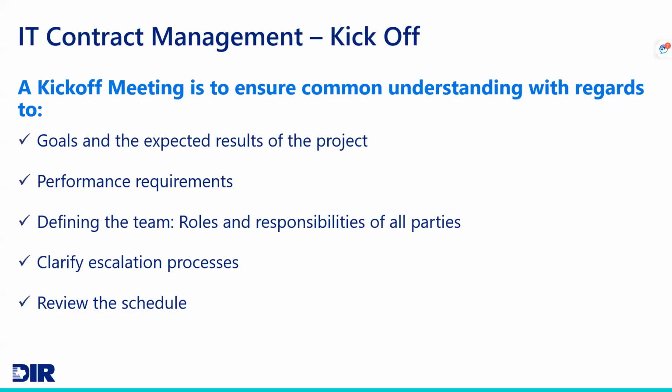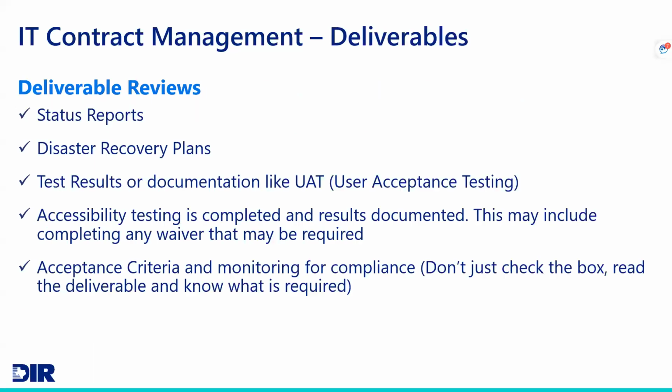If you start seeing vendor issues early, it's better to address those early before they mushroom into something that becomes a little more, tougher to manage. And then, of course, reviewing the schedule is important at that kickoff meeting as well, making sure everybody knows where we need to be. It's also important to review deliverables. What about status reports? Are those spelled out when they should be submitted, and are they being submitted? I'd mentioned earlier, have a disaster recovery plan in place. You don't want to lose data in the event of a disaster.